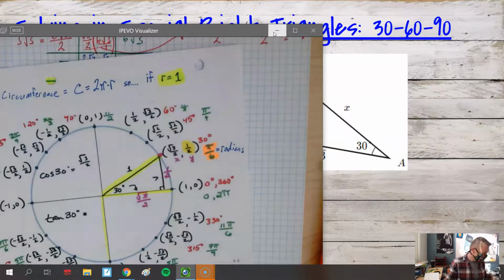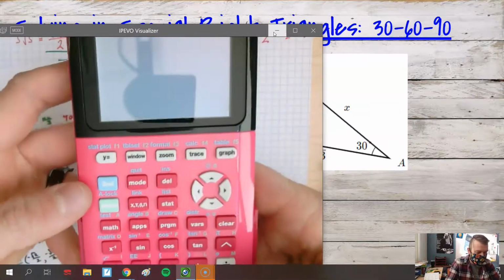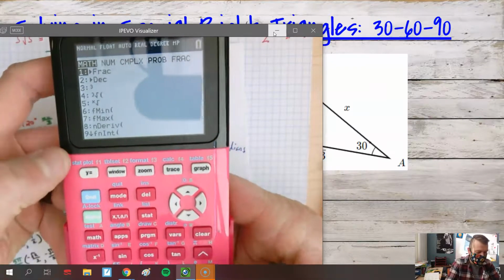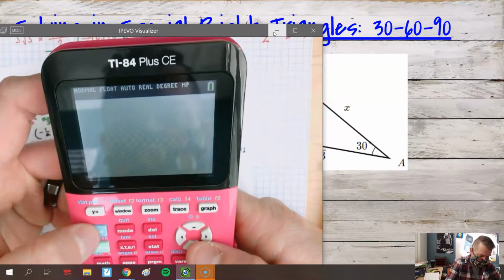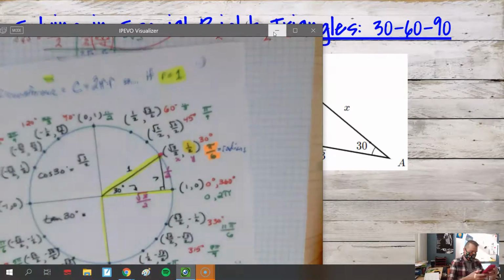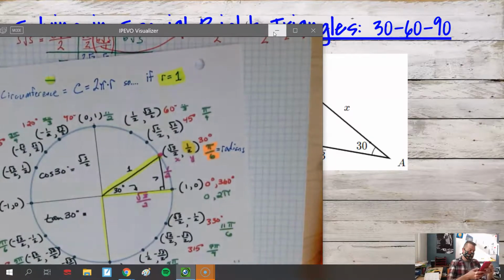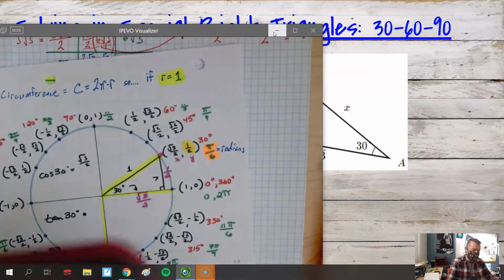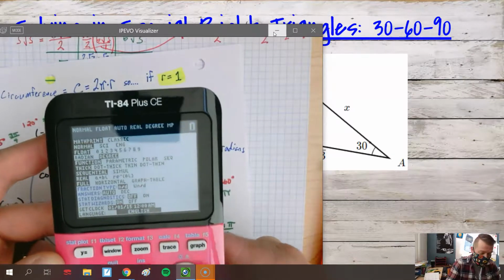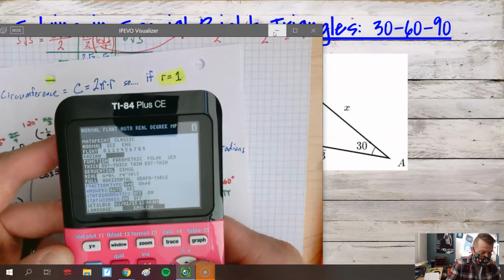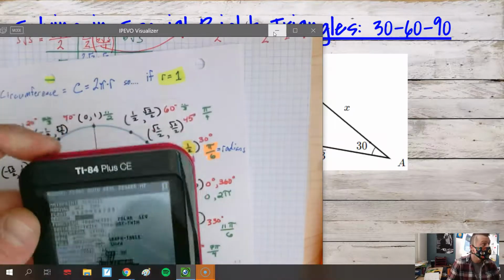I don't have your first confused. In your TI 84, when you go to the Math menu, no, not Math, Settings. How do I get to Settings? I haven't done this in so long. Dang it. I should have prepared. Mode! That's the button I'm looking for, not Math. Your calculator normally is in degrees. However,